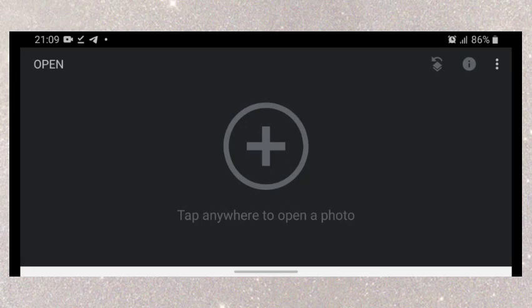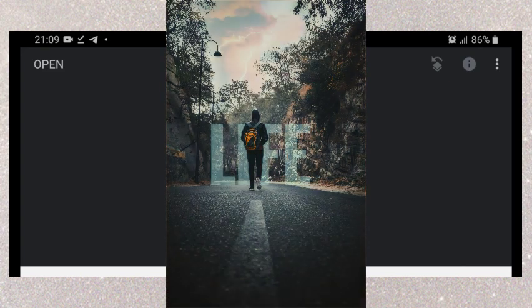Hello guys, today we're having a simple tutorial on how to turn an image from this to this using Google